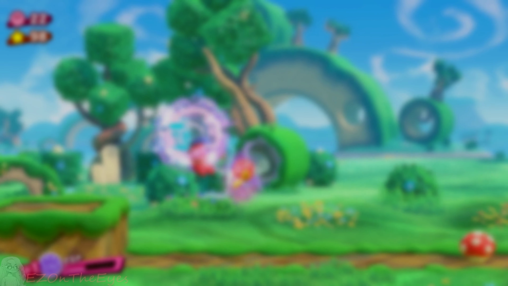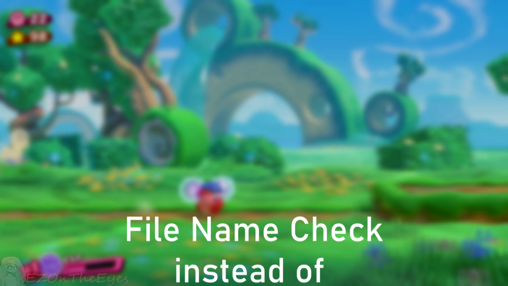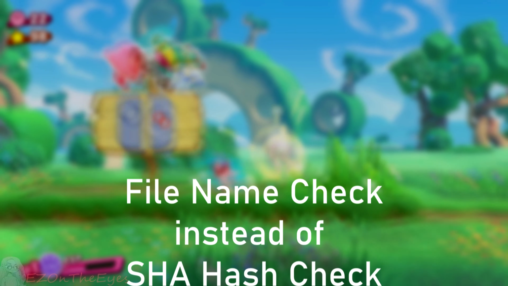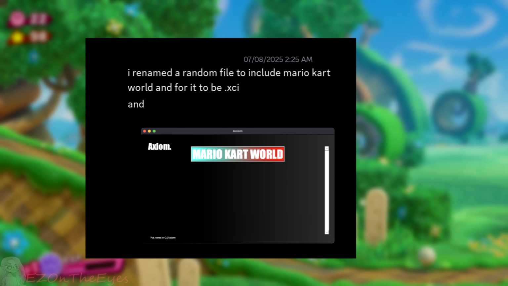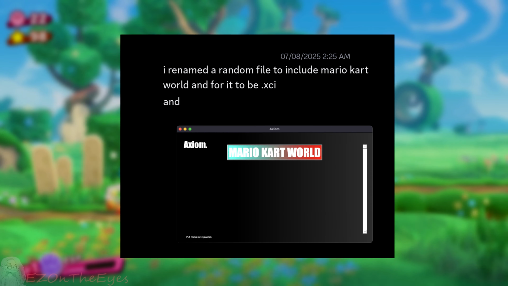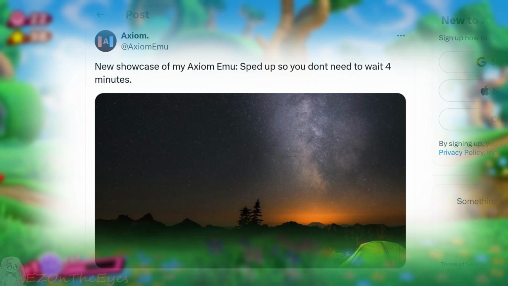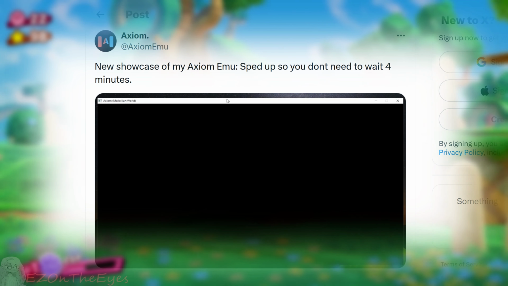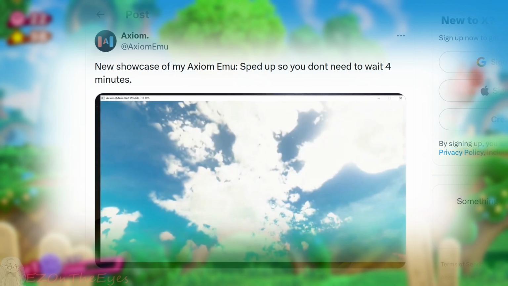On top of this, the code of the actual program is very elementary. What interests me is that it's not a hash check for SHA, but it's only a file name check. If you wish to understand this difference, I recommend researching it. But this means any XCI file renamed to the specific name it's checking for will pass the check. Simply checking for a file name instead of the SHA signature means that this was very easy to debunk. Once it checks the file, if it is Mario Kart, it will run a fake video and then crash. If it's any other file name, the program errors and fails to boot the video.